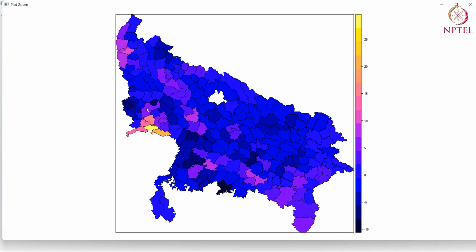Well, it does seem that there is some clustering, that there are areas where the residuals are high, like here and here, maybe here, and then there are other areas where residuals are close to 0, and others where they are negative. So areas of positive residuals, negative residuals, and 0 residuals seem to be clustered together,